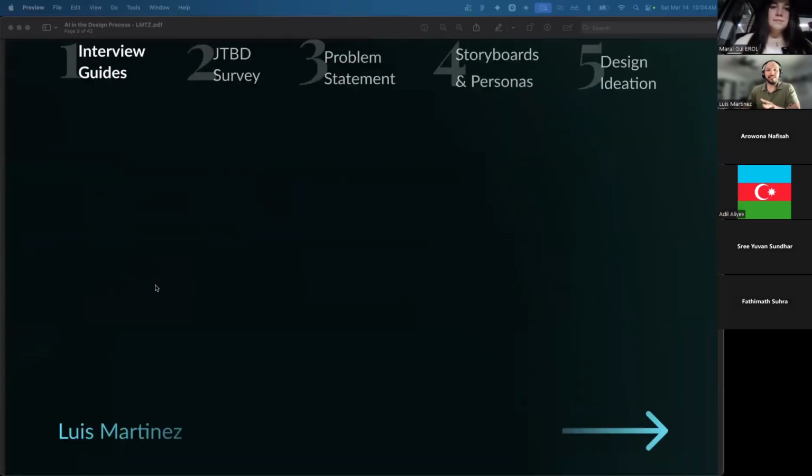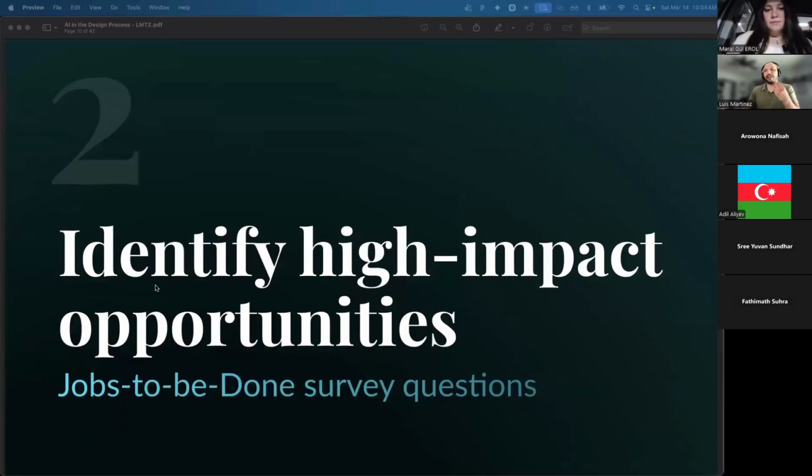Number two is identifying high impact opportunities with jobs to be done. Now, for those of you that may not know, Jobs to be done is a framework that allows us to identify high impact opportunities. For example,